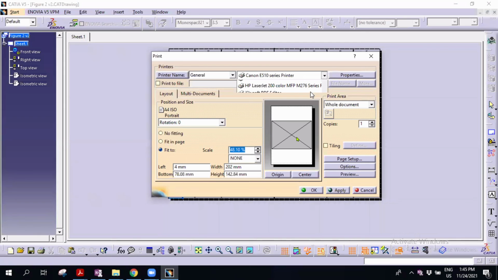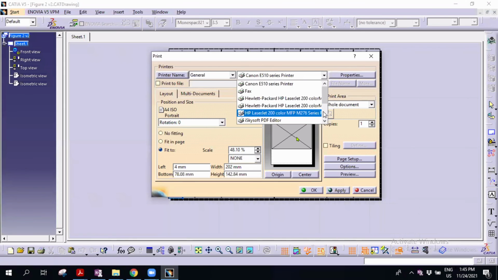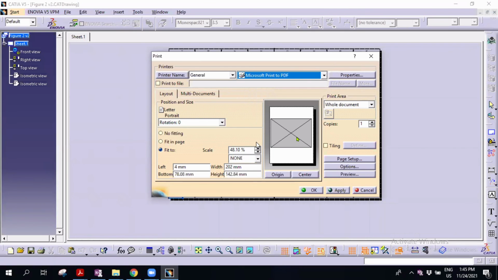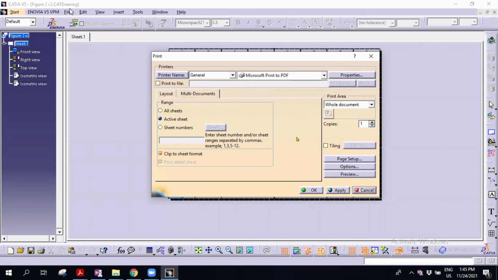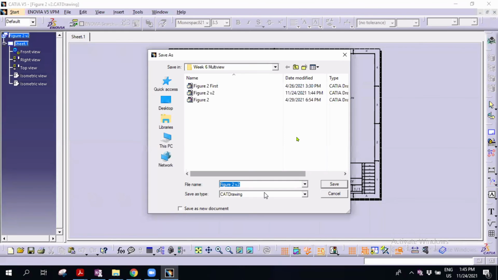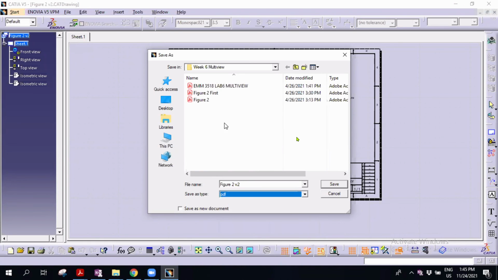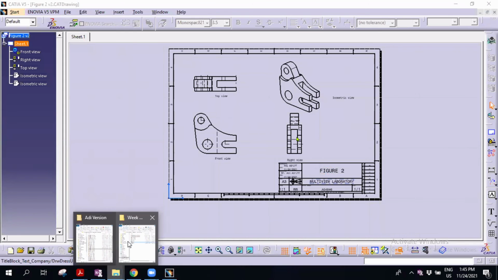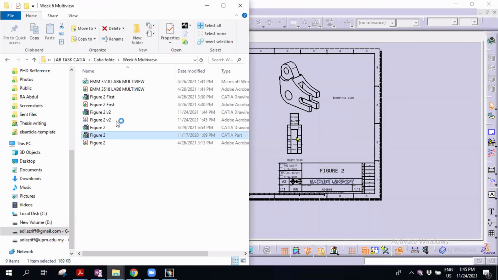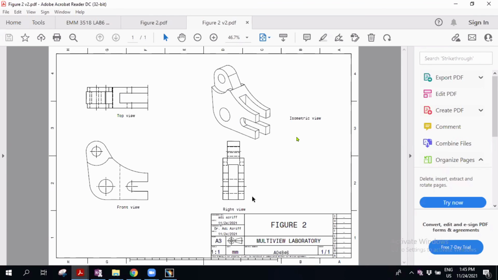You can print to PDF. Another one, save as, can try PDF. Okay, we try first. Save. We'll see what happened. Okay, so you just need to save as PDF.